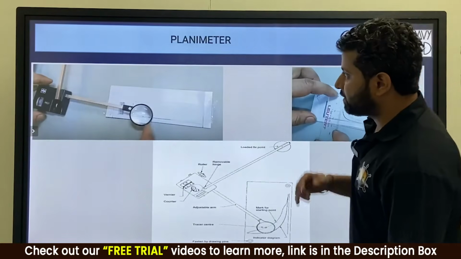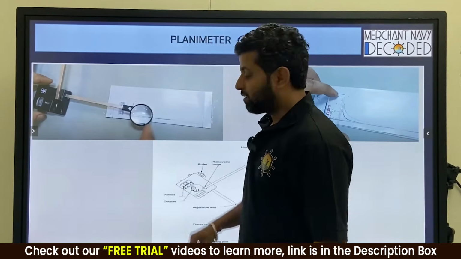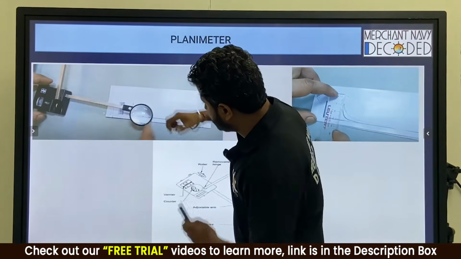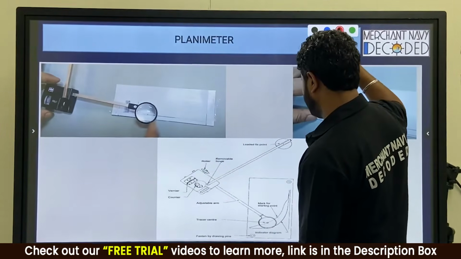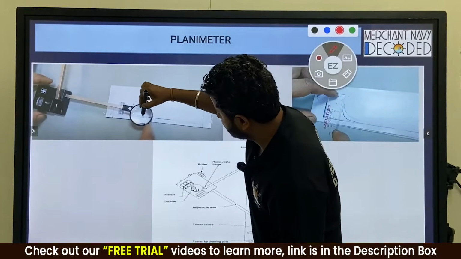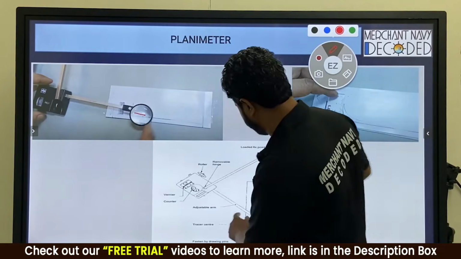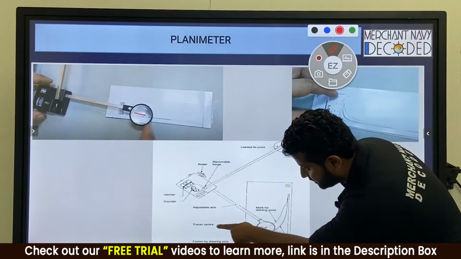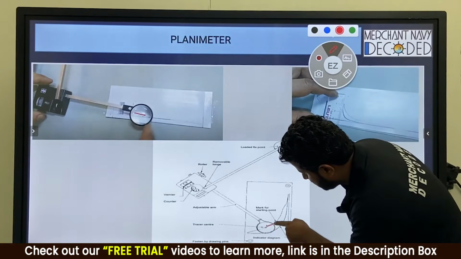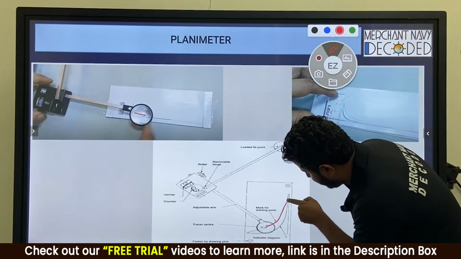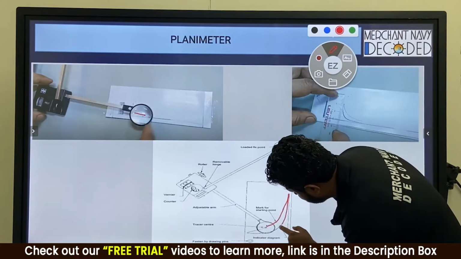So now can you see over here? This is a magnifying lens. Why are we using a magnifying lens? Because this dot, can you see this dot over here? Small dot. Not easy to see. Just a small dot. Can you see this dot over here in the magnifying lens? This is the dot that you have to take like this over this line. This is the tracer center. So in this magnifying lens, this small dot will be going like this because of your hand, like this up, then straight coming down like this.